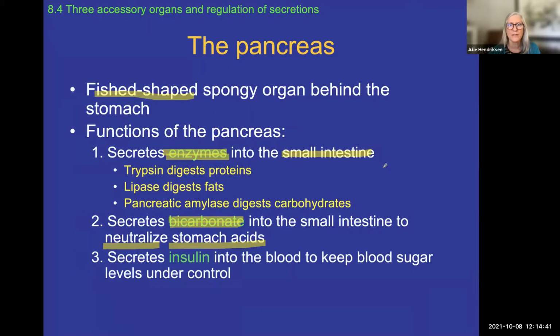And then finally, there is a hormone that is made, actually a couple hormones made in the pancreas that help keep blood sugar in optimal range. The one you've probably heard of is insulin. And of course, insulin has to be released to take our sugar that we've digested and gets into your bloodstream. That needs to go into cells. So insulin comes from the pancreas and is one of our regulatory hormones